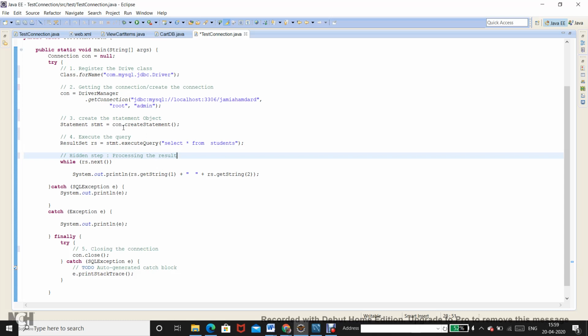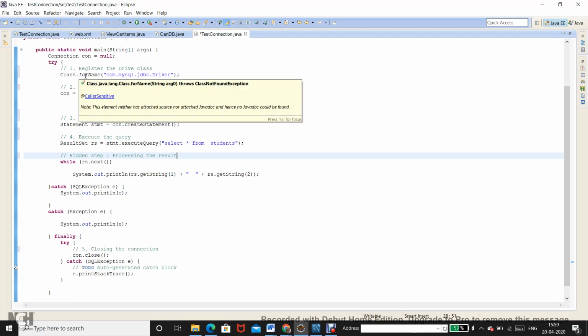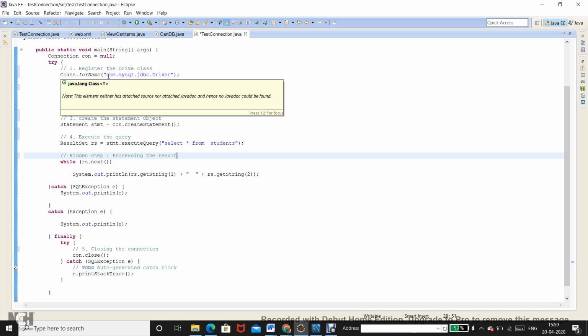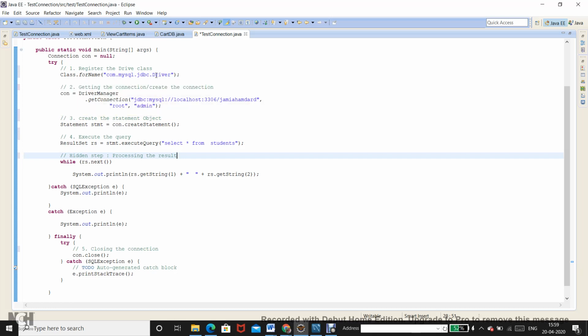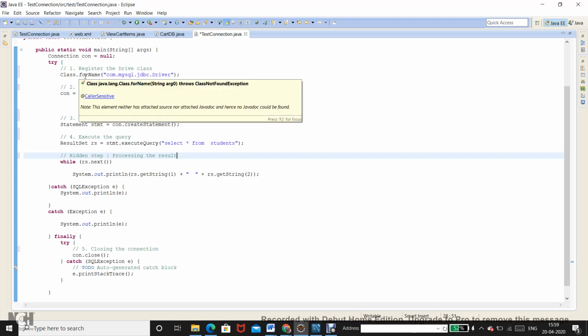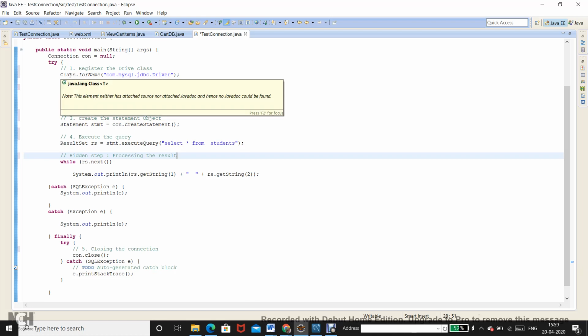So the first step is register the driver class. I told you what the driver class is, and it simply means that I am passing the fully qualified name of the driver class in the forName method of the class.